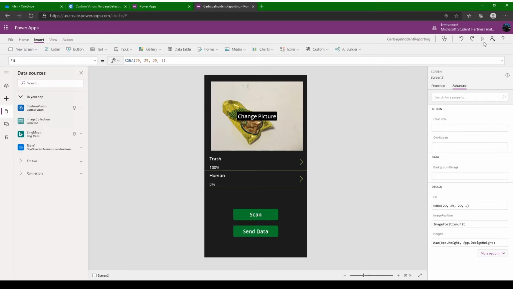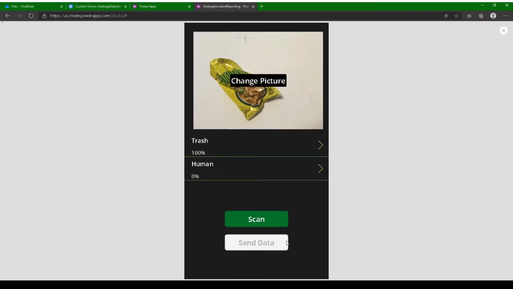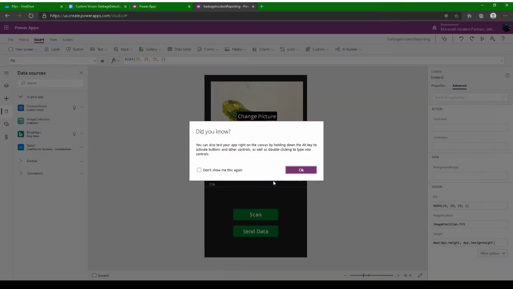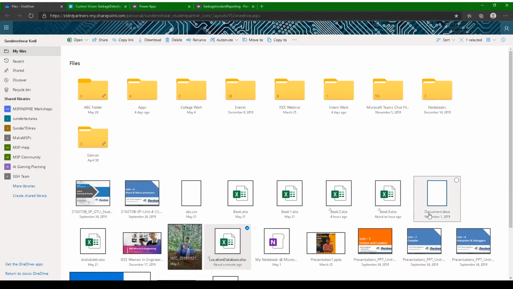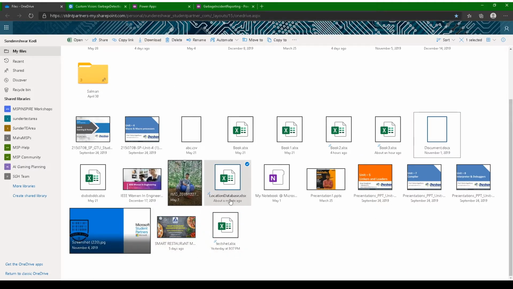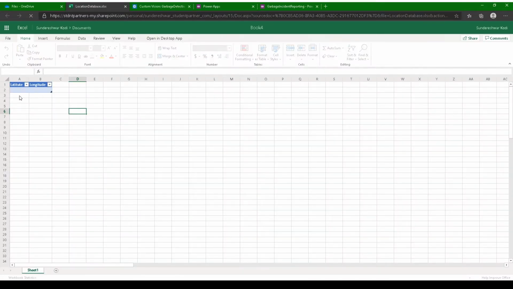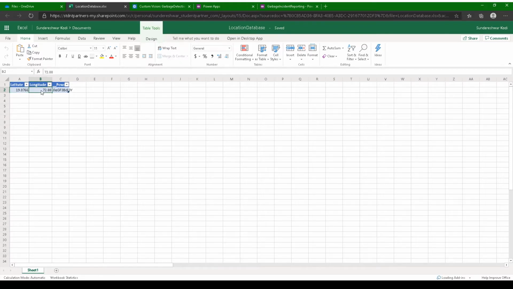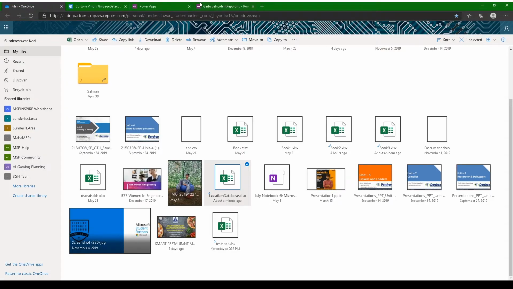Let's test it. We'll click here and see if it's adding the data to our database. Currently it did send it. Let's see if it added something or not. There's the location database. If I click this, let's see whether it added my data. There you go, it found my latitude and longitude and added them into the database. Now let me delete this so we have no clashes in here. Okay, so now we have the database working.